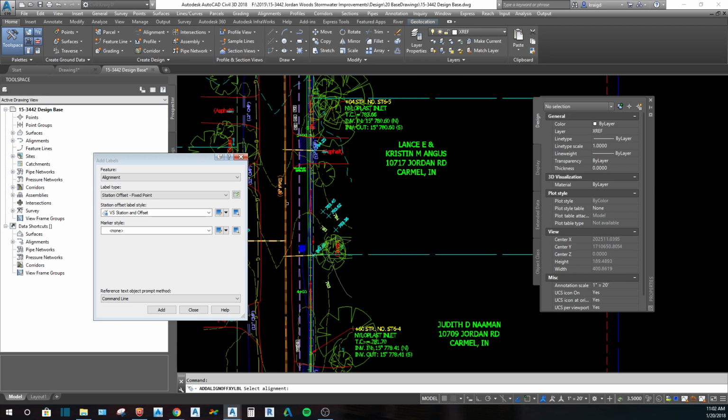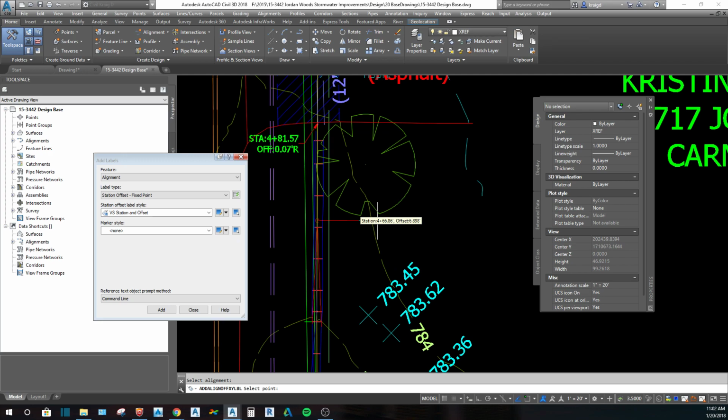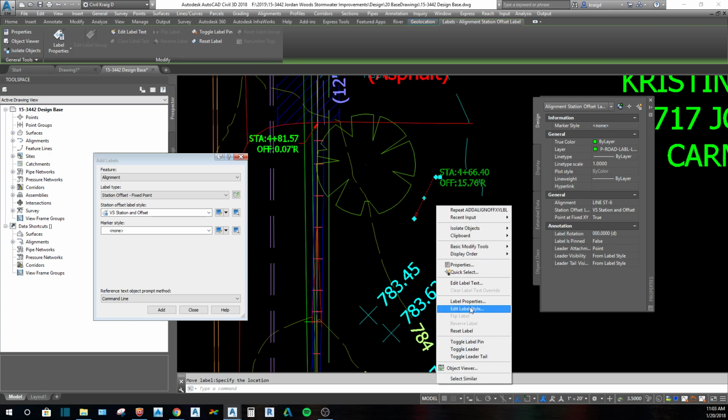You have to pick an alignment. If there's a lot of stuff there, which there is, you can right click. Oh, you're supposed to be able to right click and get to a list. No, it's not letting me do it. Some options you can right click and get a list of your alignments. So there's my station offset. If you want it in drag state, pull it out like that. I've got it set smaller in drag state. You get your arrowhead, your leader. If you right click, edit label style,